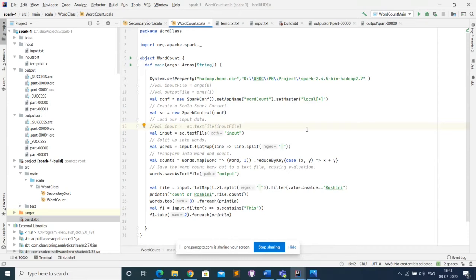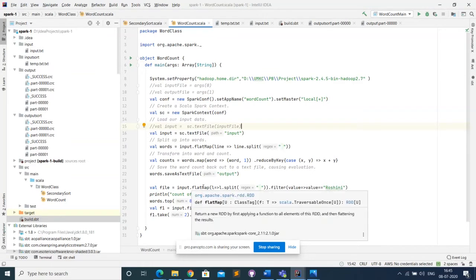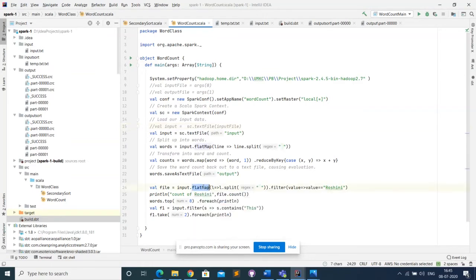The Spark methods that are involved here are the flat map and the map, and similarly the actions that are involved here: the first one is this count, the second one is this stop, and the third one is going to take like this. There are many actions, of which I have taken 3. The input file that we saw has got 3 lines.